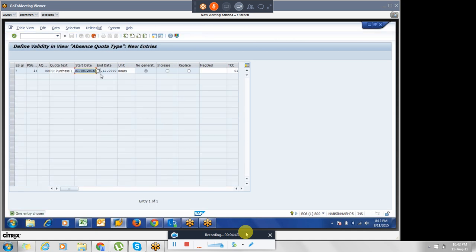What it will do is a new record will be created from that date, and the previous record will be delimited. Then you have to select increase. So whatever existing records are there before this date, time evaluation won't disturb them.